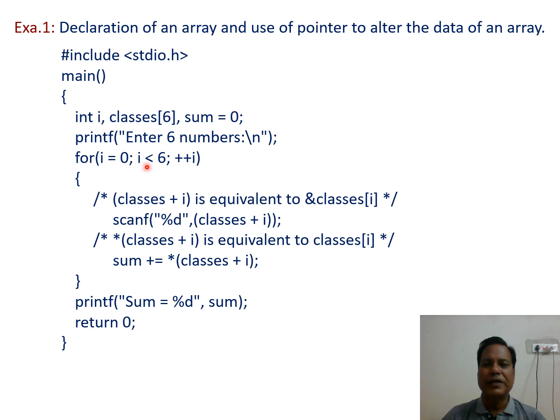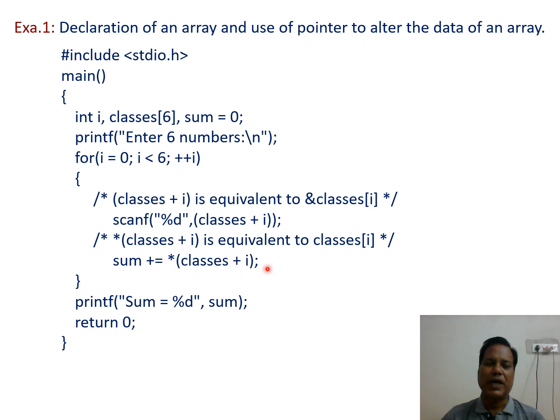And again the condition is true. Then again the second value of the array element is taken in and is stored in classes plus I. So here the value of I is 1, that is, the next memory location. If it is integer data, then the memory location will be the first memory location plus 2. So in that memory location the second integer data is stored, and then sum plus equals